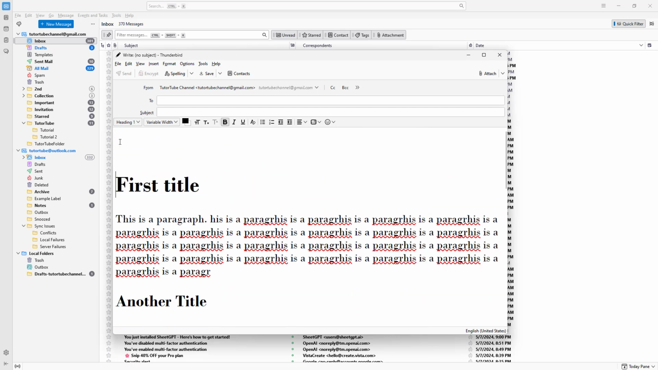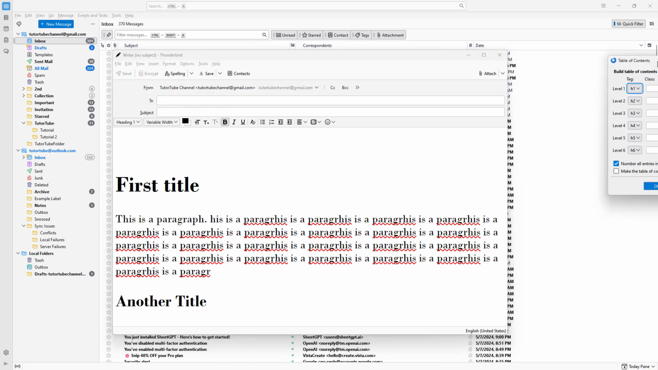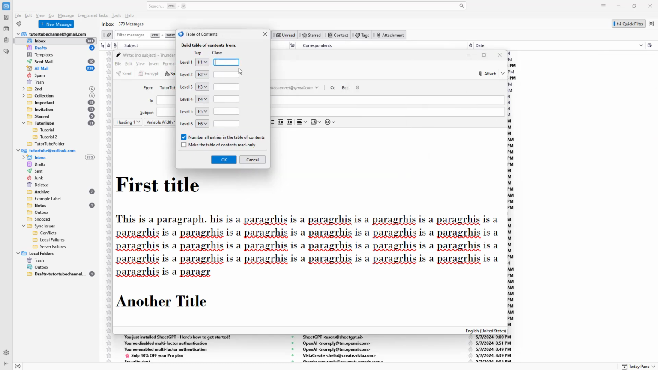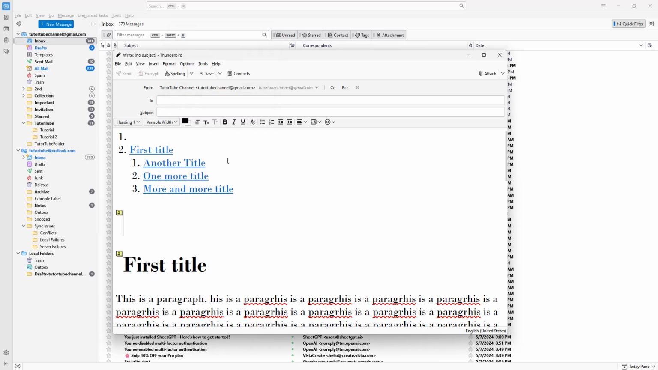So now I can go to the top, let's say, for example, and then click on Insert. And here you can see the table of contents is an option. Let's just go onto Insert, and over here, you can name the class however you want as well. But let me just leave it to tag, and then make the table of contents read only and press OK. So once you do that, you can see that the table of contents has been inserted over